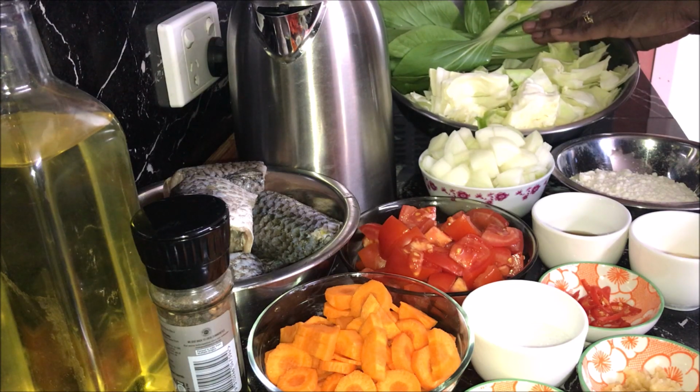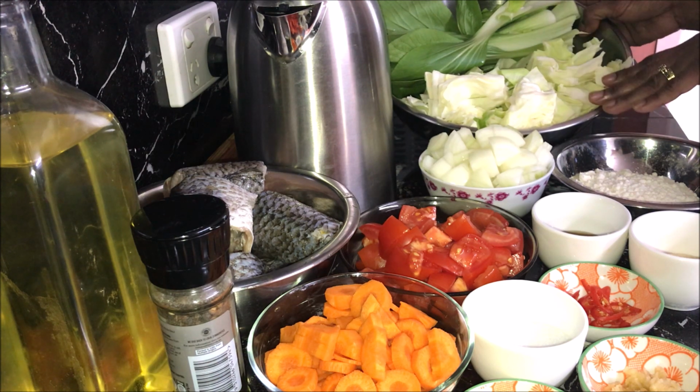I'm Anita and today I will show you how I make my Fiji style fish soup or LoLo. So let's get started. I've got here one bunch of bok choy which I have washed and rinsed, quarter drumhead